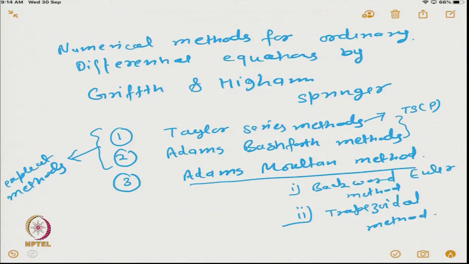The trapezoidal method in some literature is also called the modified Euler method, and we have already seen that Adams-Moulton methods are a way to develop general implicit methods, and both of them are implicit. Backward Euler method is implicit and trapezoidal method is also implicit, and that is what we saw in the last lecture. But if you look at the derivation of these methods, what we discussed in the last lecture, they were through the Taylor series by some manipulations of higher order derivative terms.